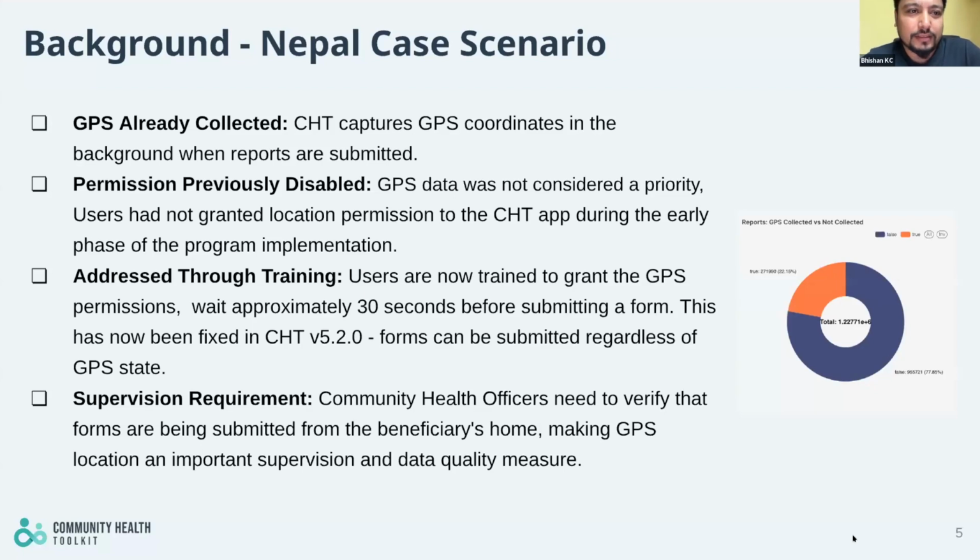Thanks. Now I will be presenting the current GPS data capture scenario of Nepal. As we know, CHT automatically captures GPS coordinates in the backend through all submitted reports. Now we are able to capture 22% GPS data of the total submitted reports. But this is a relatively low capture because